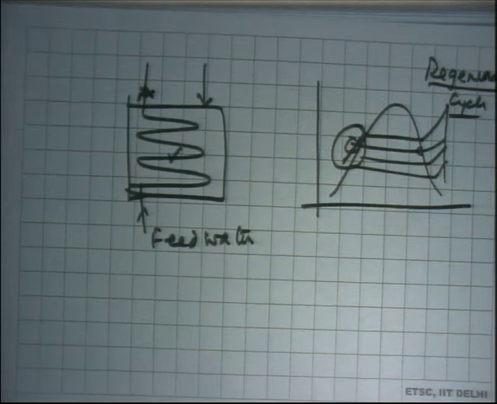So this is what we call regeneration. Some amount of energy that's already available in the cycle is utilized to raise the temperature of something else. There are two implications of this. One is what I told you, that the turbine becomes non-isentropic. There is energy extracted from the turbine.